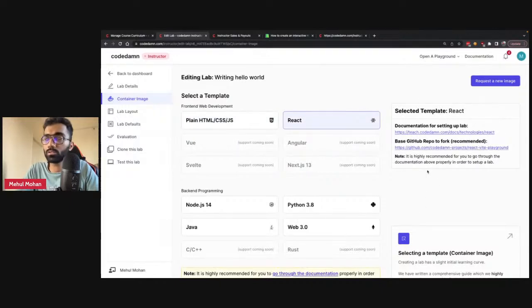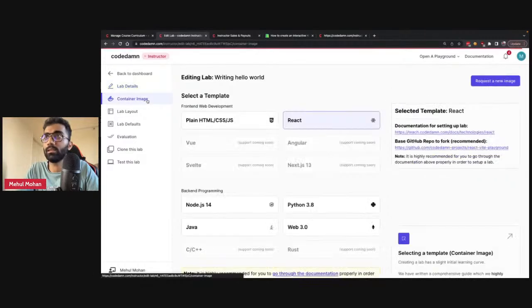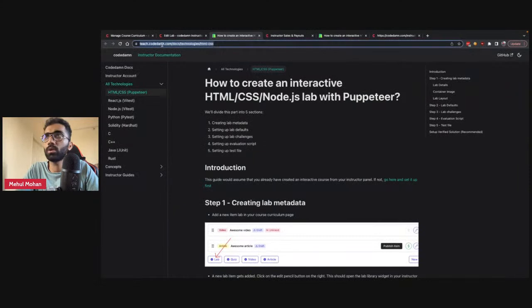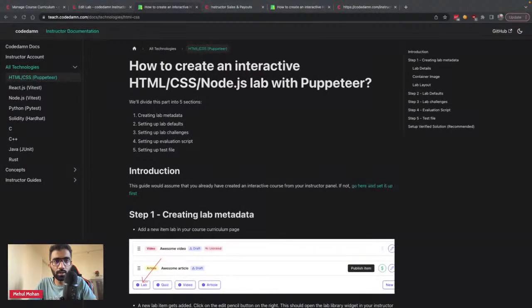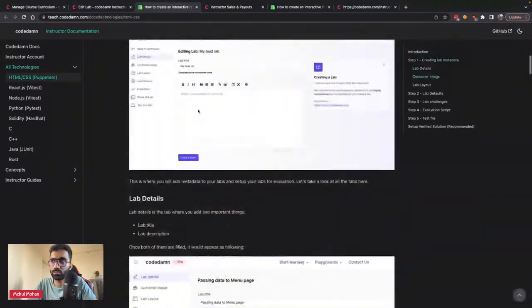Now, here is also one thing which I would like to bring up. You can watch this stream, you can watch this video completely, or you can go to teach.codedam.com/docs. This docs is a documentation hub for CodeDAM. And let me just quickly change the view as well, so it's a little bit more zoomed. Hopefully this is better. So teach.codedam.com, you see, is a documentation hub for building interactive labs as of now, or building interactive courses in general.